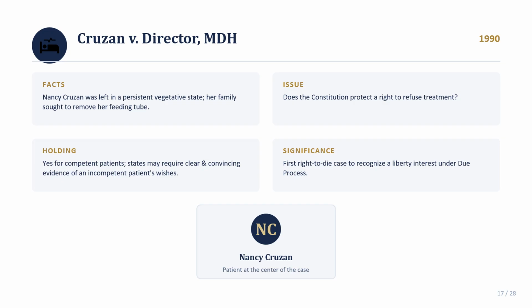And think about this: why might a state want a heightened evidentiary standard, clear and convincing evidence, which is higher than a simple preponderance of evidence, specifically for decisions about withdrawing life-sustaining treatment from someone who can no longer speak for themselves? Ultimately, it's about the irreversibility of the decision. Unlike most civil disputes, a wrongly decided case here cannot later be corrected, which the court found justified using a higher burden of proof than ordinary civil litigation typically requires.